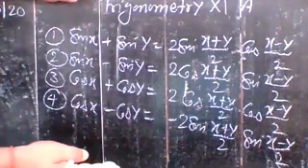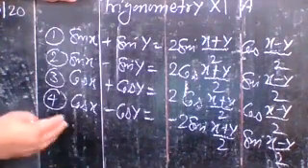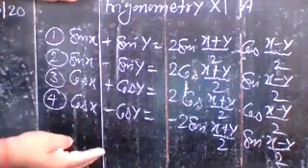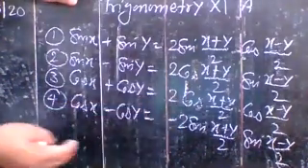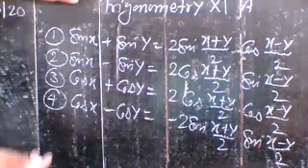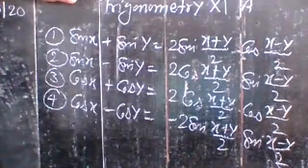Okay, so what is the importance of that? When you express any trigonometric function which is in the form of sum or difference in the form of product, suppose you have a trigonometric function in the form of a fraction, and you want to reduce it, this identity helps you to do so. If it is expressed in the form of product, you can very easily cancel out the terms which are common in numerator and denominator. So this is the importance of this identity. Understand? So note it. That is also a very important identity.